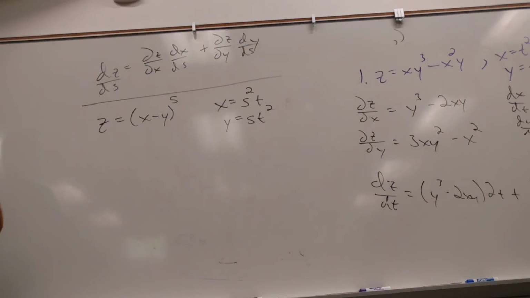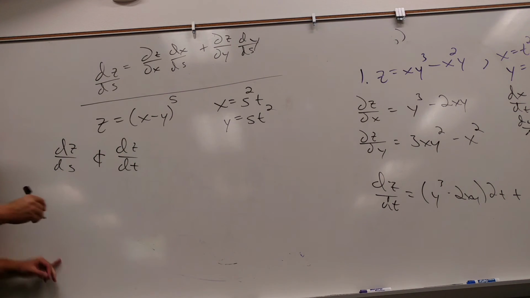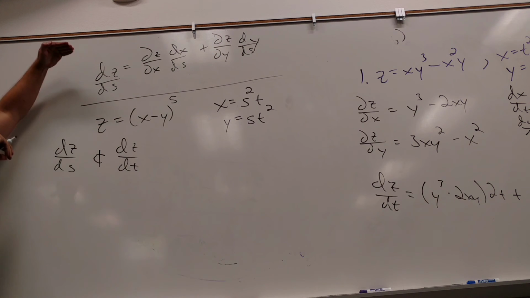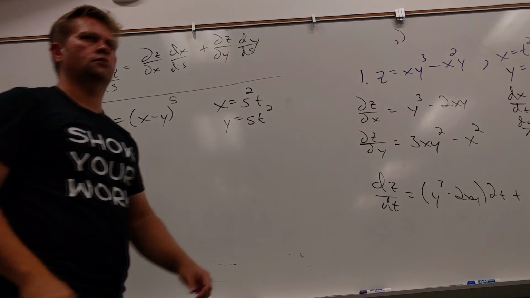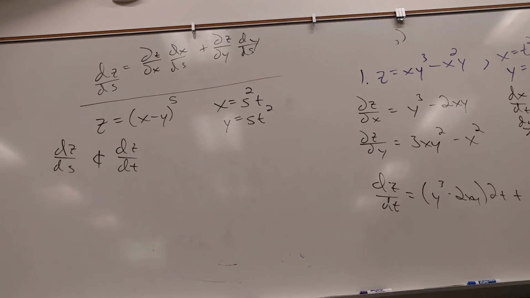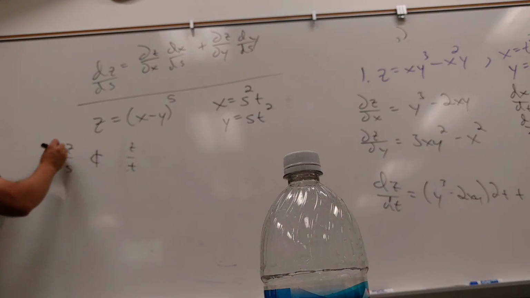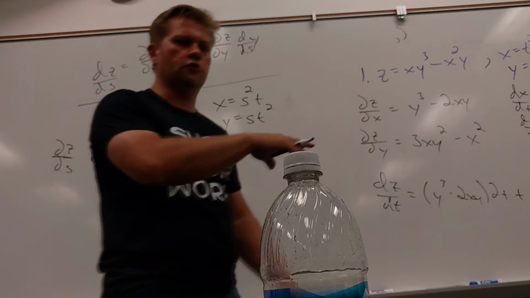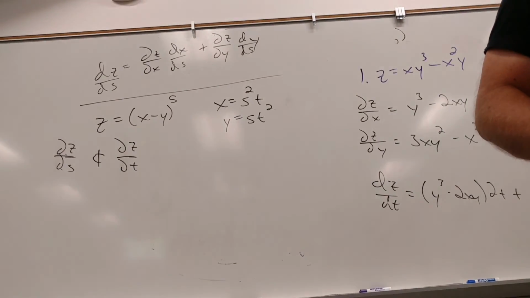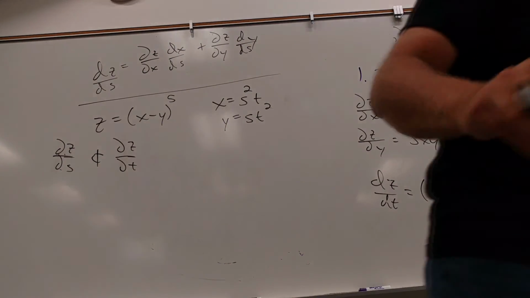But the question is going to ask, find dz ds and dz dt. So now I've got this in addition to the earlier one. They're both the same thing. You just have to find them one at a time. Yes? Would this not be partials? Oh yes. Because now I'm taking derivatives with respect to s and with respect to t. Did I write that the same way? Cool, I like it. So anytime you have